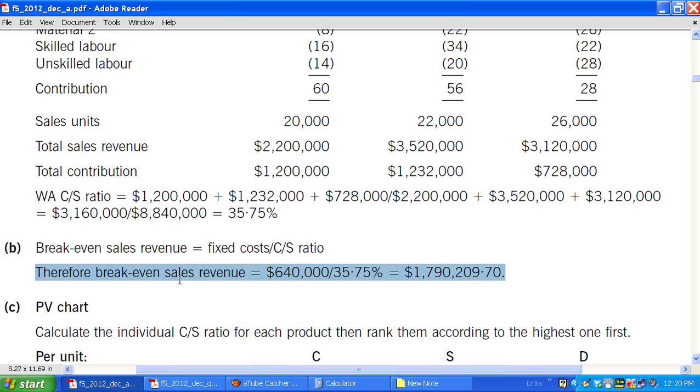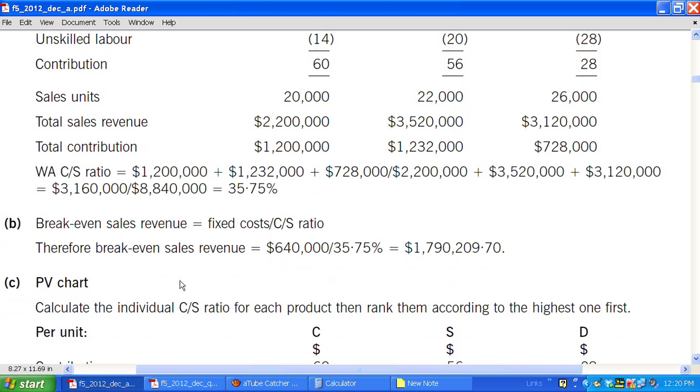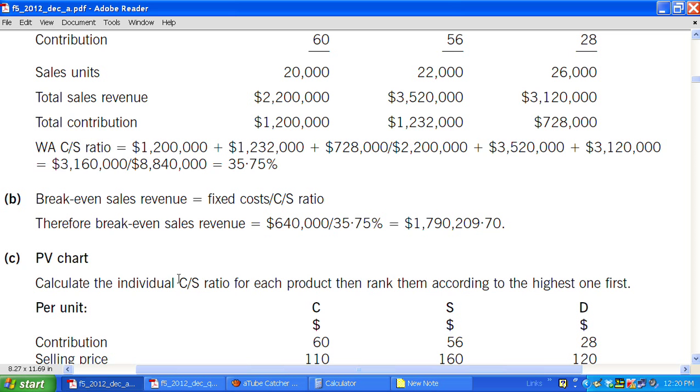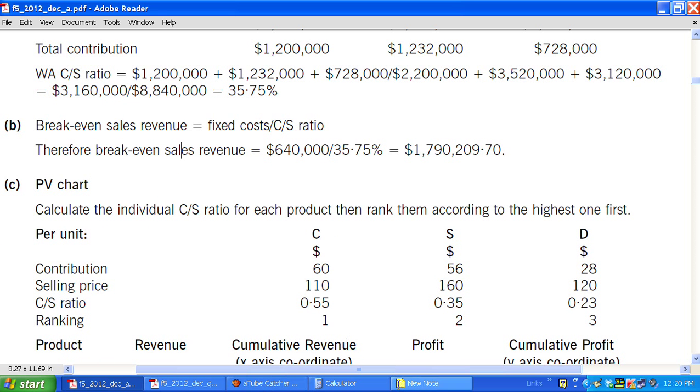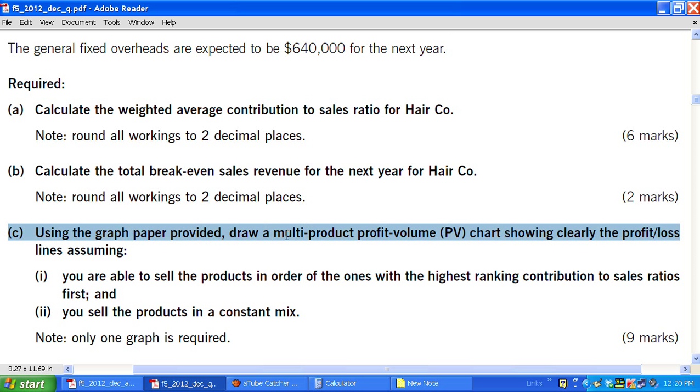This was a very straightforward question. And if you did your revision, surely this shouldn't have been a problem. So simply that. The next part, we're trying to draw a multi-product volume chart, assuming you sell the products in a constant mix, and you sell the products in order of the ones with the highest contribution to sales ratio